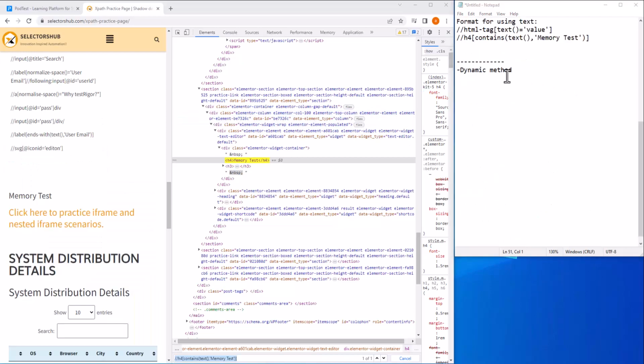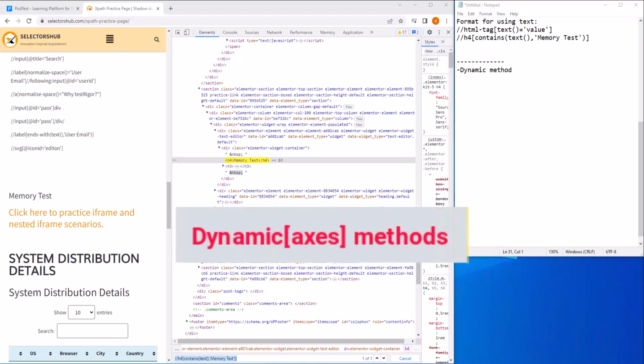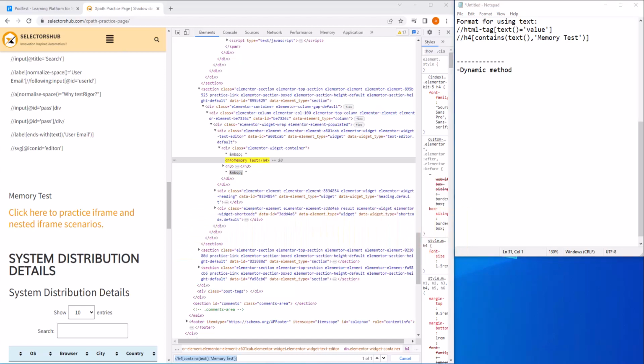Now the next important thing is to understand about the dynamic methods which the XPath provide, and why these are required. These could come handy in case of complex scenarios. How it is used is, it is used to find elements by using the relationship of that element with other elements. What could be those relationships? You can find a sibling for an element, you can find a parent, a child, an ancestor, or a descendant